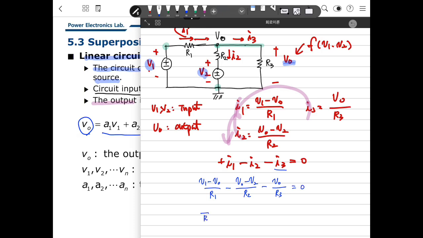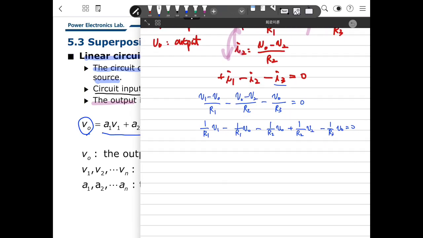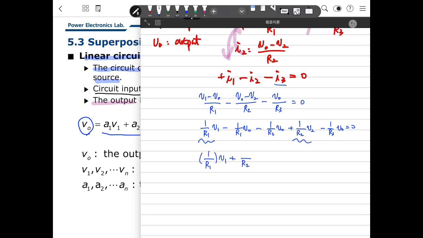Then 1 over R1 V1 minus 1 over R1 V0 minus 1 over R2 V0 plus 1 over R2 V2 minus 1 over R3 V0 will be 0. Then this is V1, this is V2,